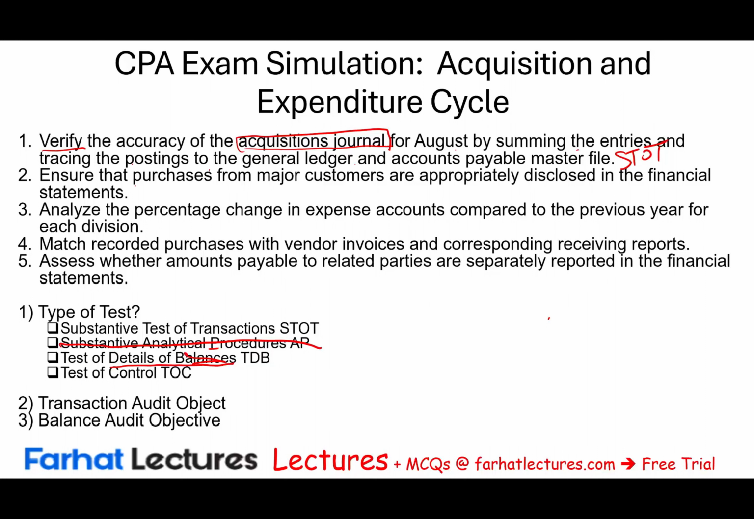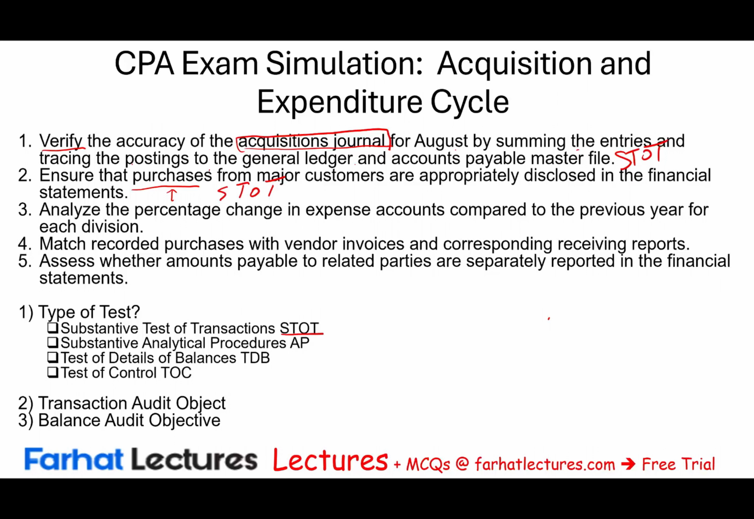Number 2, ensure that purchases from major customers are appropriately disclosed in the financial statement. Well, purchases, is this a balance or are these transactions? These are transactions. Therefore, number 2 is a substantive test of transaction. I'm not checking any balance. There's no analytical procedures taking place there. There's no ratio computation or anything like this. So it's